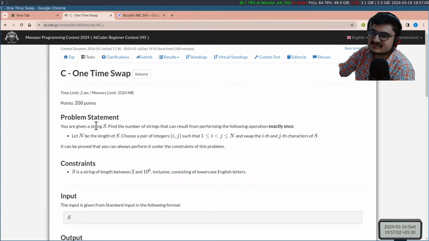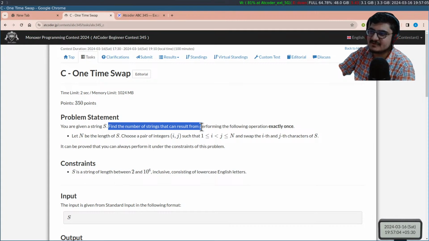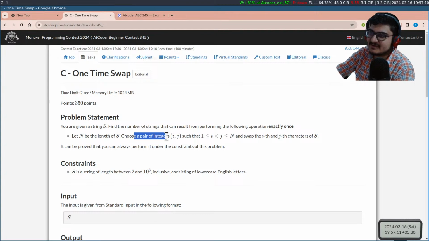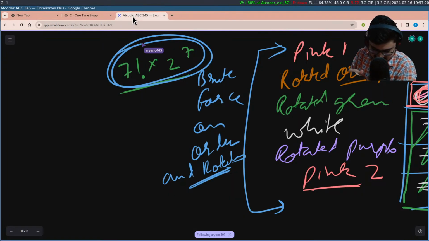It says you are given a string S, find the number of strings that can be obtained from performing the following operation exactly once. Let n be the length of S, choose a pair of integers i and j such that i is less than or equal to j and swap the i-th and j-th characters of S. It can be proven that you can perform it under the constraints of this problem. So what this problem is essentially asking us is,